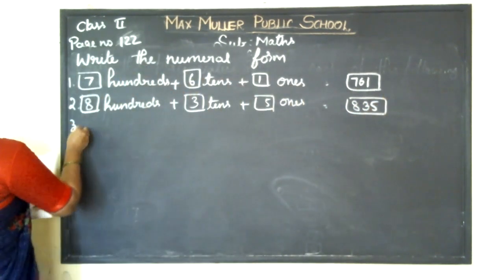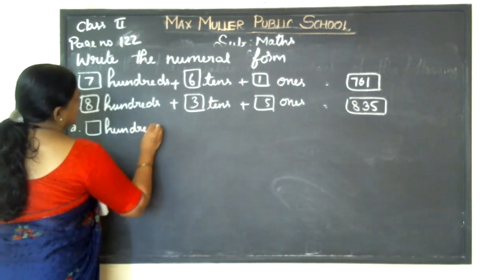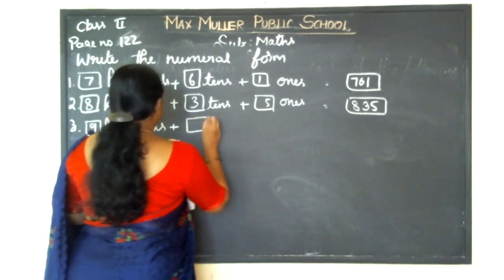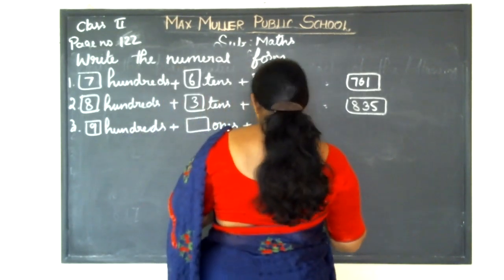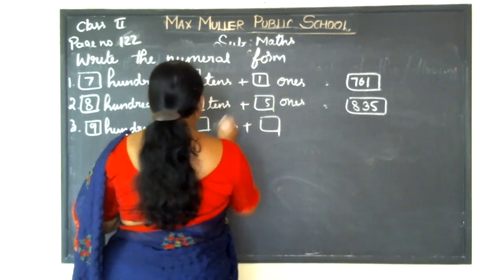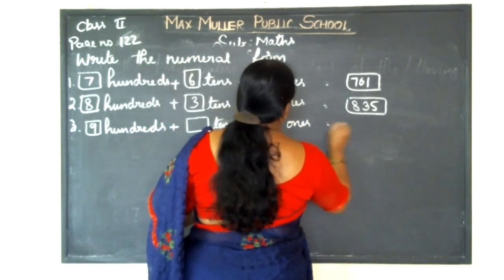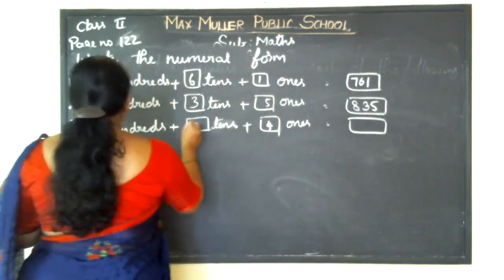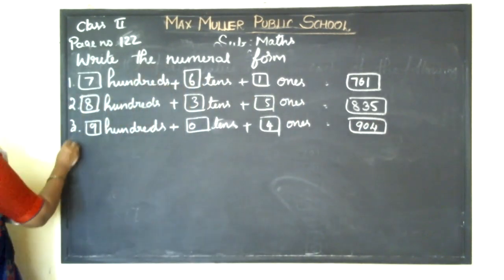Third one, 900 plus 4 ones. See, 904 you want to write. 904. Fourth one,